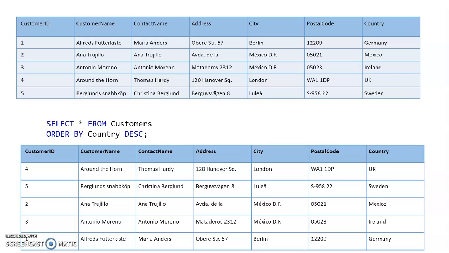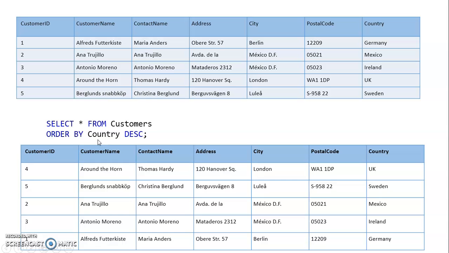In this example we have sorted one column only. Yes, we can sort a number of columns by writing SELECT * FROM customer ORDER BY country, city, address. In a single query we can sort it, but it will be sorted by the first column, then the second column and third column respectively.